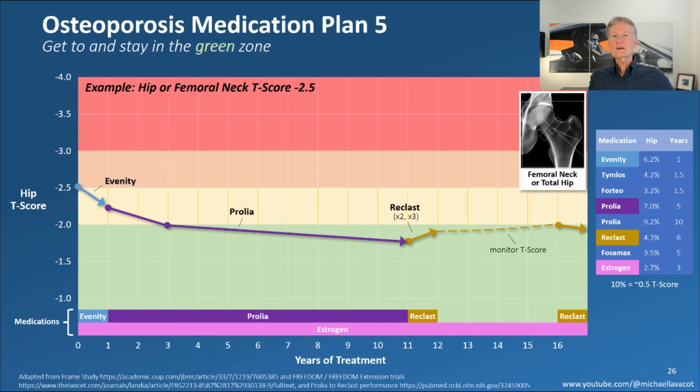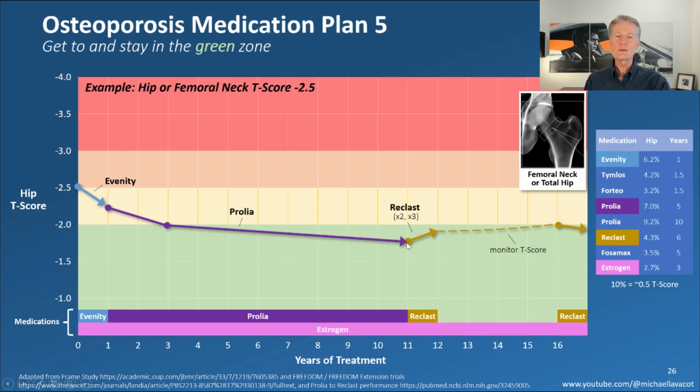All right, so now here comes some kind of bad news, especially if you have osteoporosis in the hip. The hip is very difficult to move, and what I'm going to show you is kind of a repeat of some of those earlier plans we used for the spine, so you can see what they will do in the hip. And let's start as an example at -2.5 in the hip. So you're just in that osteoporosis range. Well, a year of Evenity gets you about halfway down into this zone here, trying to reach -2. And then it takes another couple of years before you're going to reach -2 on Prolia. And then you can continue to take Prolia long enough so you can